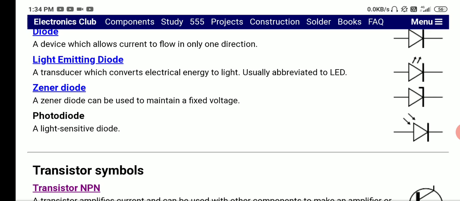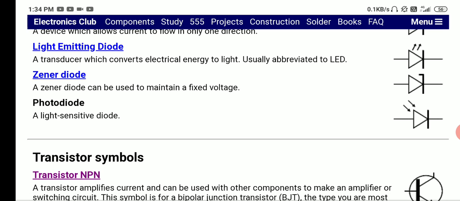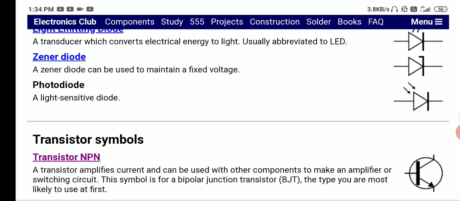Zener diode. A Zener diode can be used to maintain a fixed voltage. You'll be studying it later, but it is used to maintain a fixed voltage. After a certain voltage, it stops its working. If I give you an example, the best example I can give you of a Zener diode is in your batteries. Right, in your batteries you have a Zener diode. When you charge it and it gets charged to your maximum value, it stops right there. Else if you get it charged and it keeps on charging and you forget to switch off the circuit, it will keep charging and there will be overflow of charge or the leakage of charge, I must say.